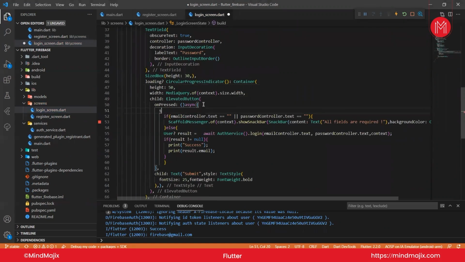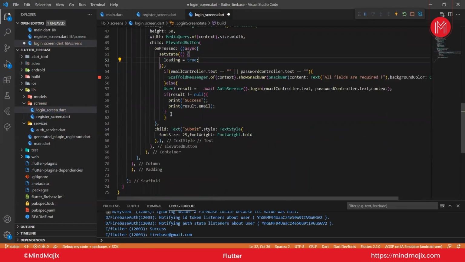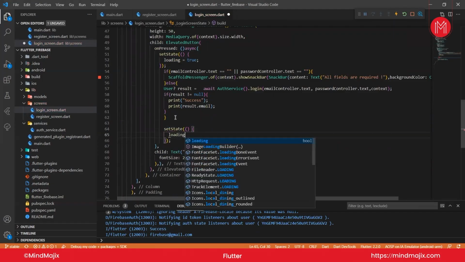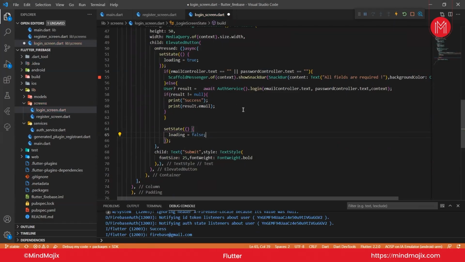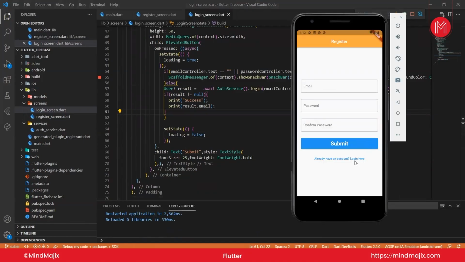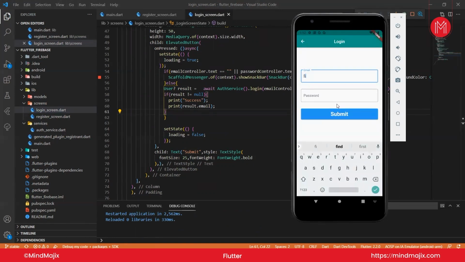And when this onPressed is pressed, first of all, the loading indicator will be true. And in the end, set the loading indicator to false so that we know that the server thing is done. Let's save it. Let's go to our login screen. Let's write Firebase@gmail.com